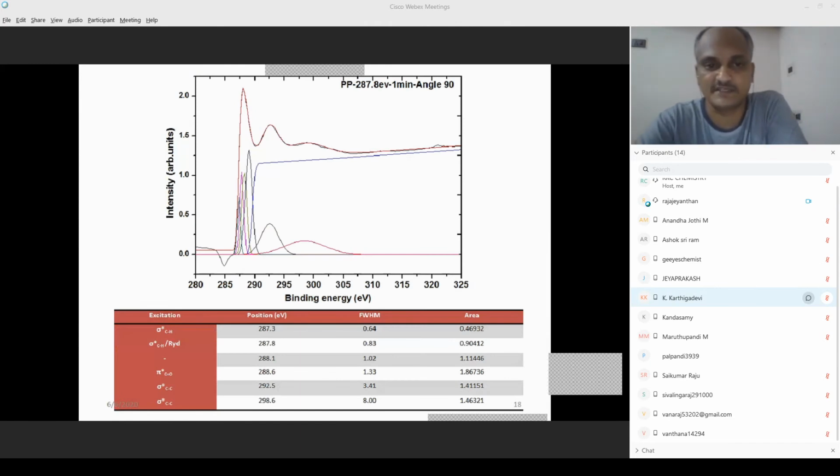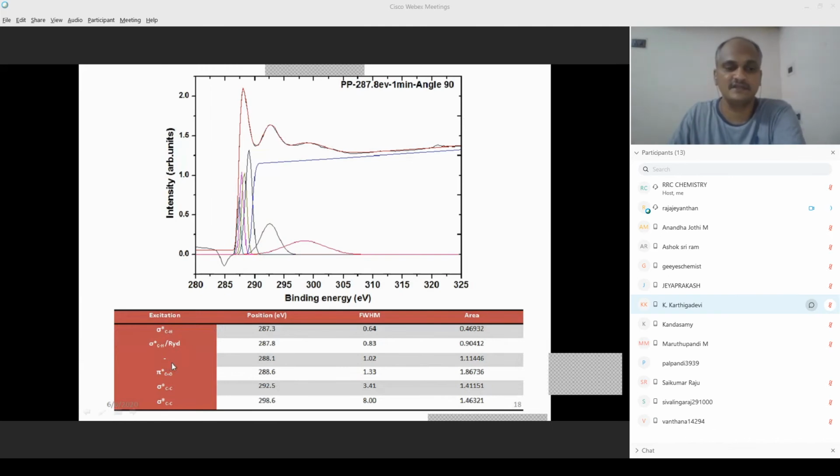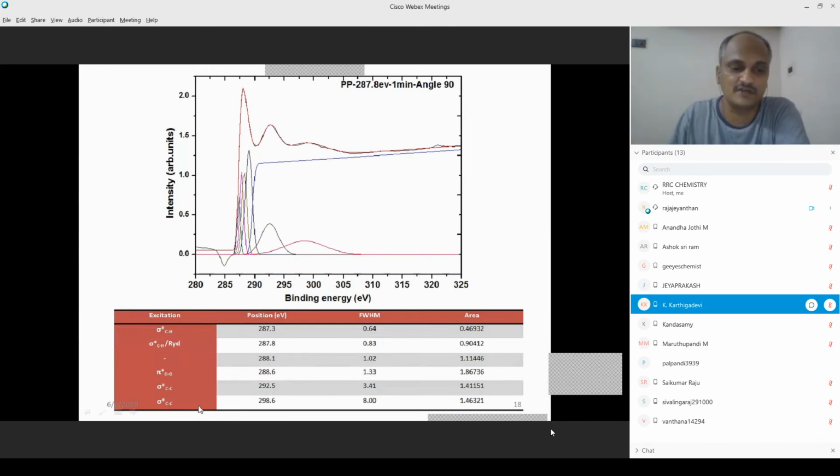This is one of our NEXAFS spectra that we have taken for polypropylene. When we deconvoluted this polypropylene spectrum, we got six types of excitation. One corresponds to sigma star carbon-hydrogen bond, at position 287.3, and another sigma star CH bond, which is also for the Rydberg state. We cannot distinguish which is sigma star CH or Rydberg state, because as I already told you they are very close, around 287.8 eV. We also have an excitation we are unable to identify at 288.1 eV, a pi star carbonyl excitation at 288.6, a sigma star carbon-carbon excitation at 292.5, and another sigma star carbon-carbon excitation at